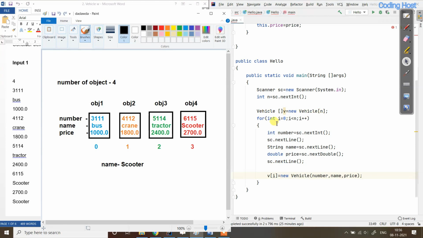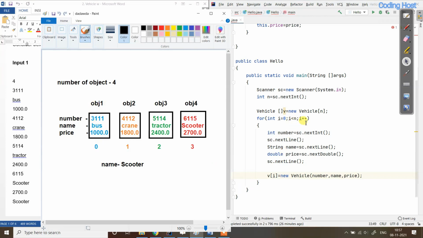After that when value of i will start from 0, so it means that right now array is at index 0. So at index 0 it will take these 3 inputs for number, name and price. After taking these 3 values, it will store them in the vehicle array at index 0. So our first object is ready, and it has stored these values here in the object 1 at index 0.